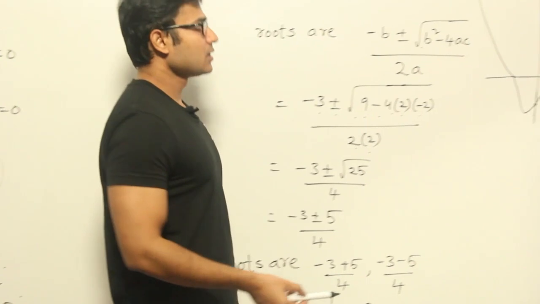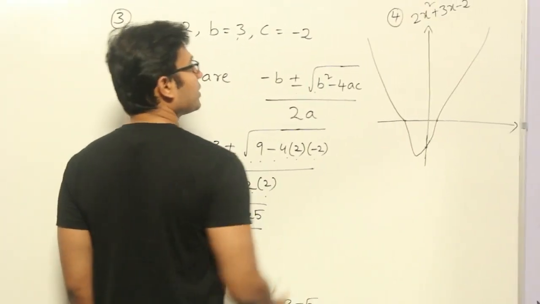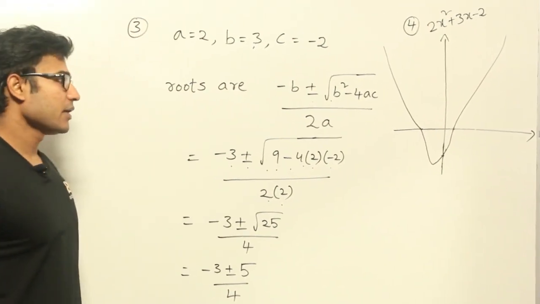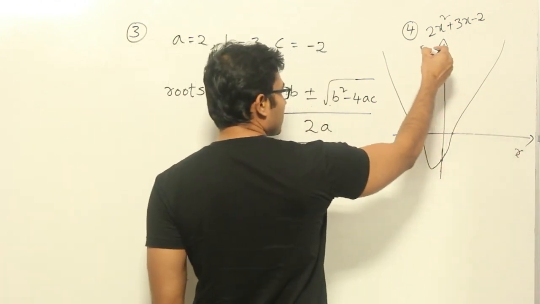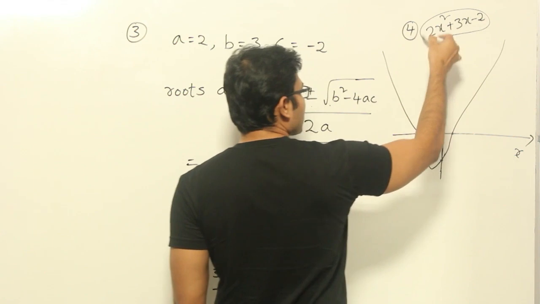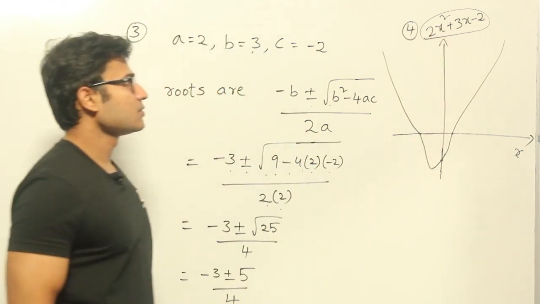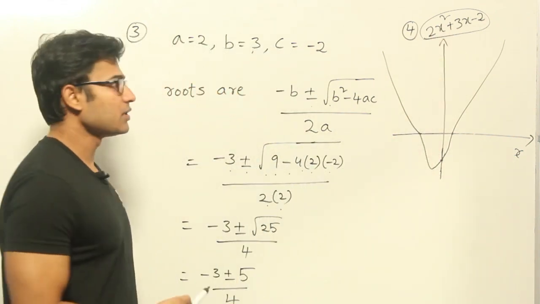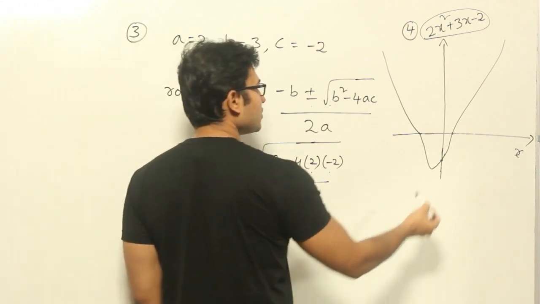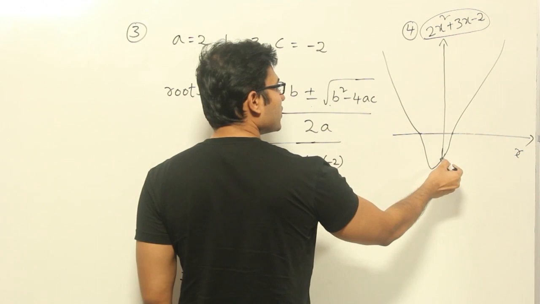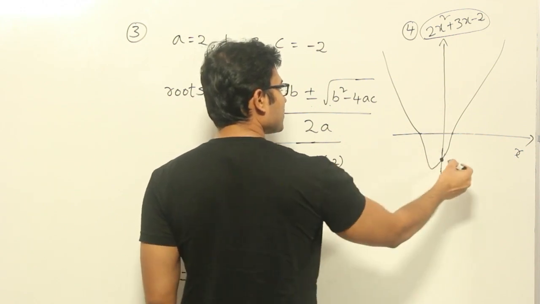Now the last method, the fourth method, is the graph method. Now you can plot the graph, right? On the x-axis it is nothing but x, and on the y-axis you can put this entire expression, 2x square plus 3x minus 2, the left hand side of the equation. Now if you try to solve it, for x equal to 0, you are going to see the value of that expression as -2,